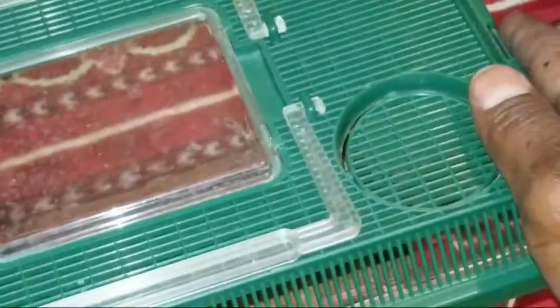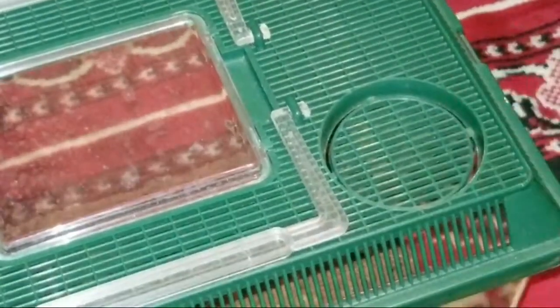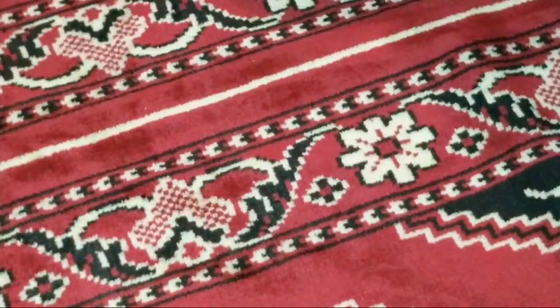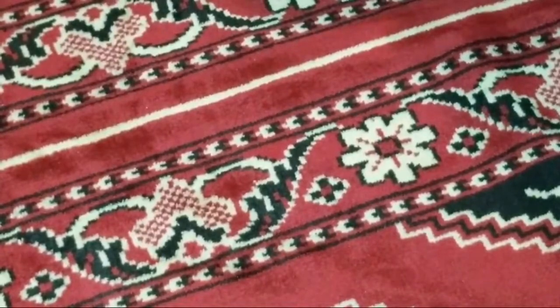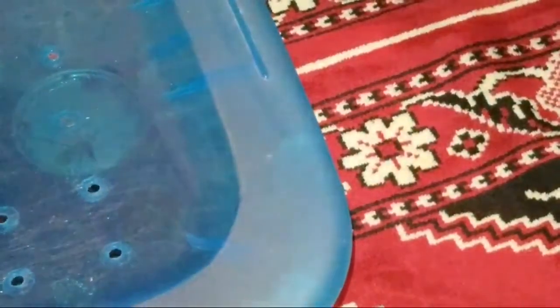Now for our next 2, we have some very, very big tarantulas coming. The biggest of the biggest tarantulas. Okay, this here is Dozer. Now this is the, well, I said bag update, but